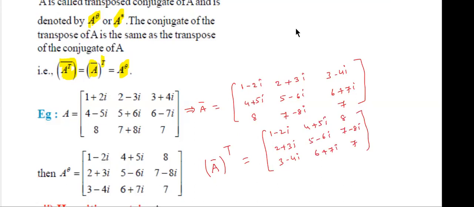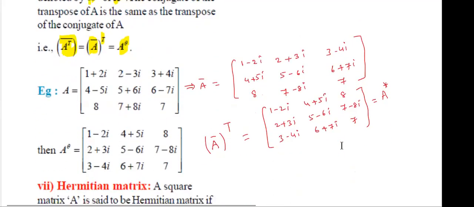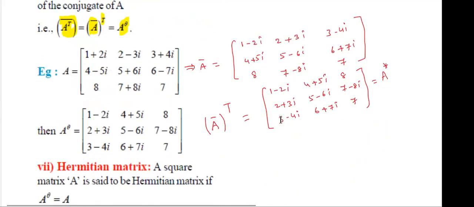This is conjugate whole transpose, that is A power star. This is called what? Transposed conjugate of a matrix. Students, did all of you understand how we find the transposed conjugate of a matrix? Okay. Next,